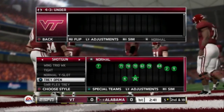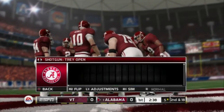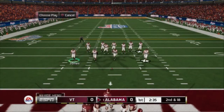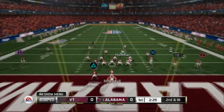The next play in the scheme is, you're still coming out in your will punch 3 seam, but you're going to quickly audible into your Michael Cross 3. This is in a second and long situation, you're going to make the audible from the will punch into the Michael Cross. You're going to place